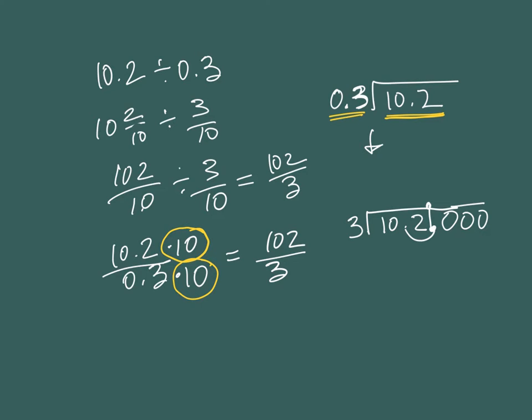So 3 goes into 10 3 times. We bring the 2 down. 3 goes into 12 4 times. So in fact, it's not, so we don't need those extra zeros. So 10.2 divided by 0.3 is in fact 34. So we have some context now of why the algorithm works: when we do that division, if you move the decimal point over for the divisor, you also have to move that decimal point for the dividend. So let's take one more problem.